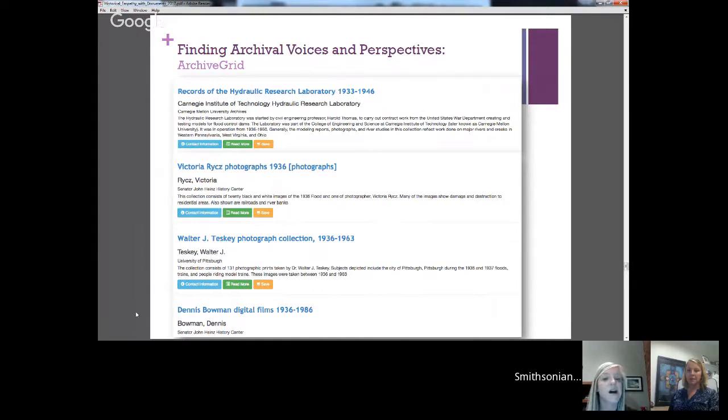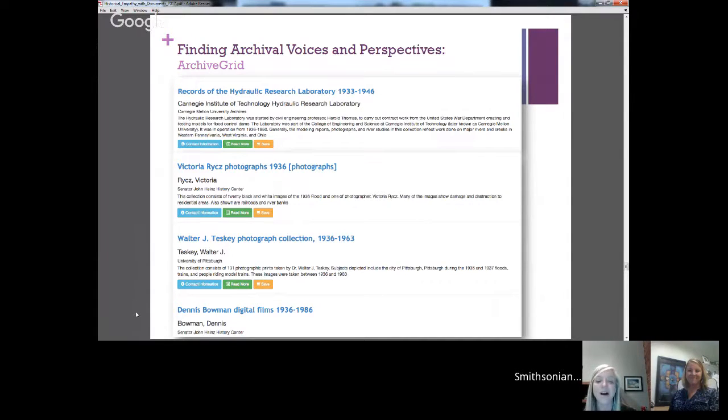So we have a group of scientists who were analyzing flood damage over time within the collection that's at the Carnegie Mellon University Archives. You have this hydraulic research library. Within the photographs collection, we have individual people who felt compelled to document the flood with photography. And then at the bottom there is actually the film that we took some time to take a clip of